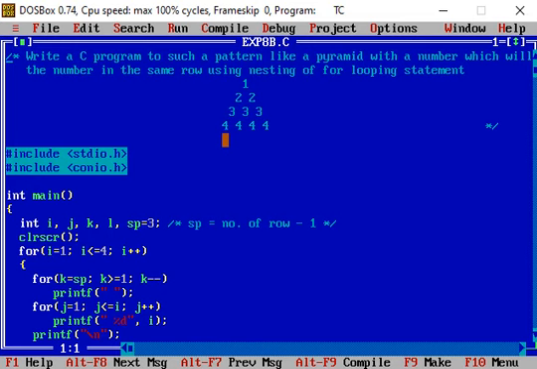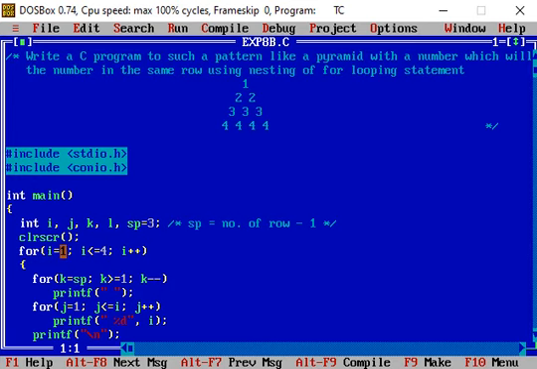In a similar way, we have to set a loop that is used to decide the space for the printing of the number in the first row, then in the second row, then in the third row and fourth row. So for the outer loop, i equal to 1, i less than or equal to 4, i plus plus.